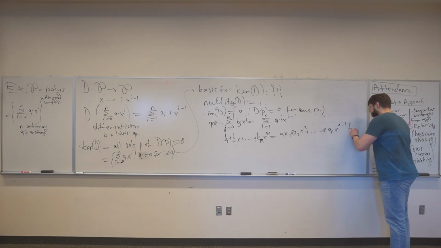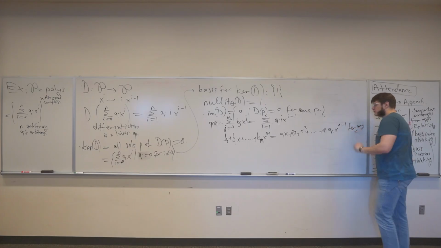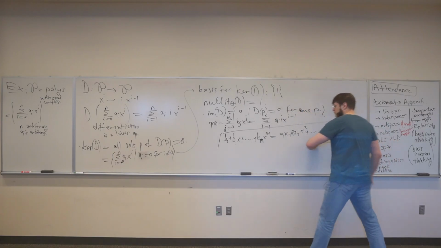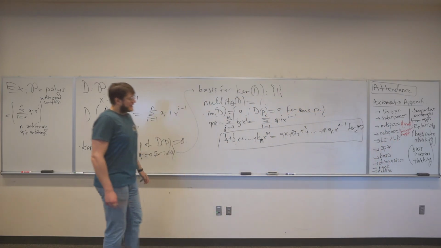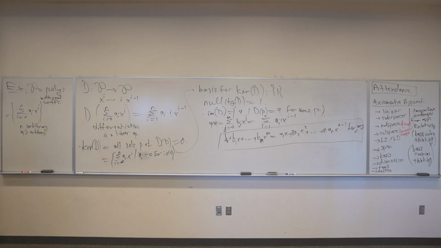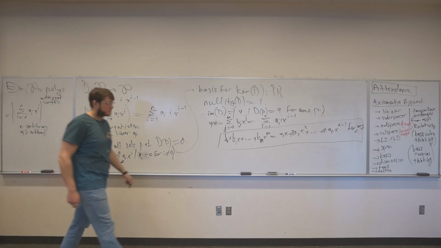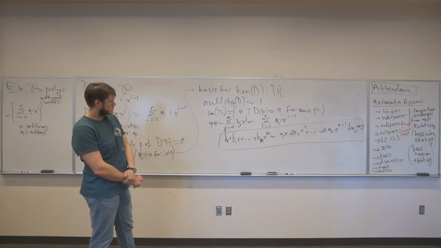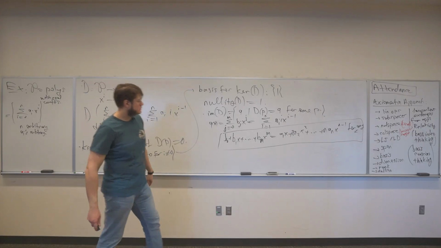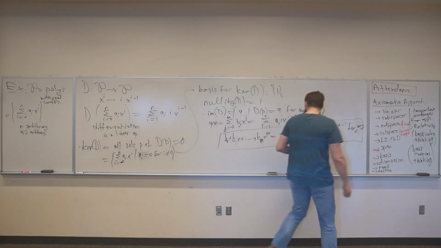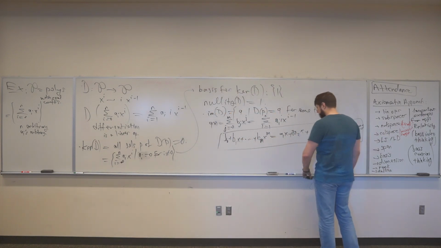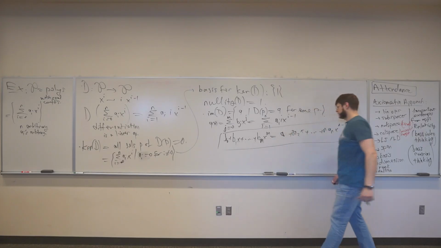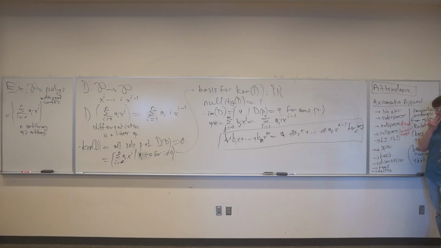For any x, you're given this, okay? And now you want to solve this for the a_i's in terms of the b_j's. Wait a minute. The a's not right, because it should be 2a_2 x and it's just x. Because it's n. Yeah, you're right. Thank you. Okay, I think now it works.